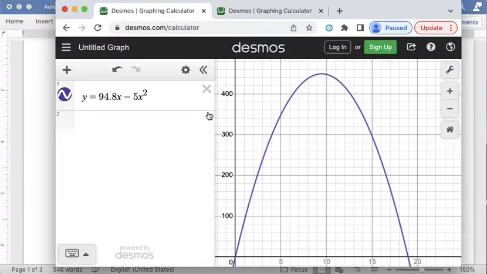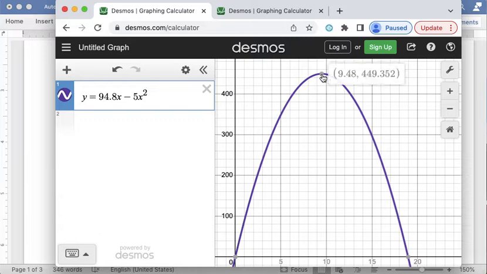So when I'm looking at my graph, I can see the maximum revenue is going to be the peak of the parabola. And if I click on that, I can see that it shows up as a gray point. And Desmos is really nice in that it gives you the coordinates of these important points very easily. All you have to do is click on them. So when I look at this, I can see that the coordinates here are 9.48. So remember, that's the number of cameras. And the maximum revenue is going to be